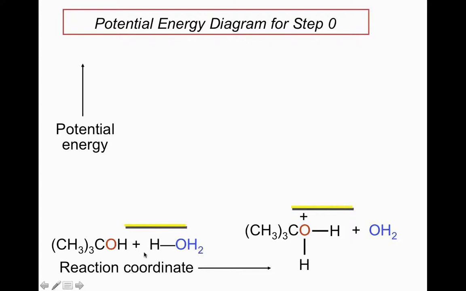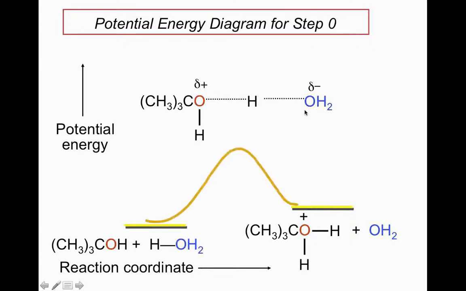In the first step of our mechanism, our alcohol combines together with a hydronium ion to become protonated. Notice that since we're forming the alkoxonium ion, it is higher in energy than the starting material, which has no positive charge on our alcohol. A transition state is required in order to produce this intermediate, which involves the formation of the new OH bond with the dissociation of the old HO bond in a transition state. The relative difference in energy between the